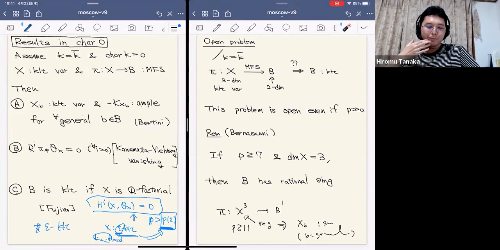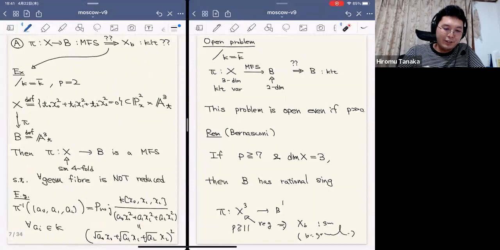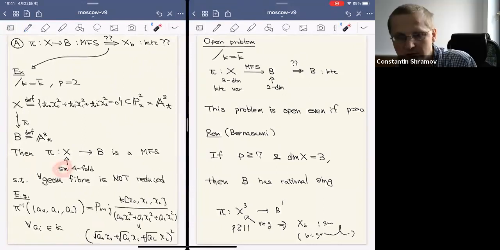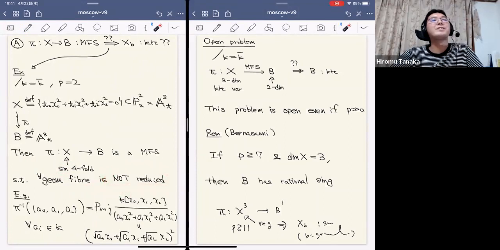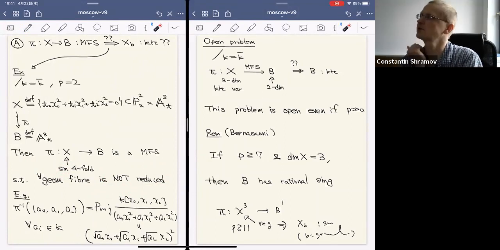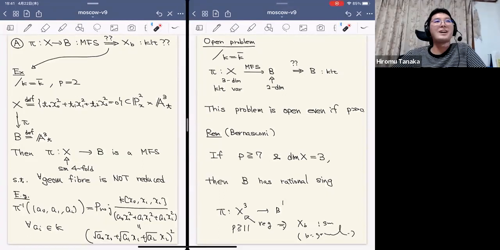Yes, but basically the general fiber is, maybe the first example, I think even if everything is smooth, the singularity could be very bad. I think non-reduced is the worst case. So yes, I have no idea. So there's no way to restrict singularities a little bit more? I see. Thank you. Yes, I have no idea.